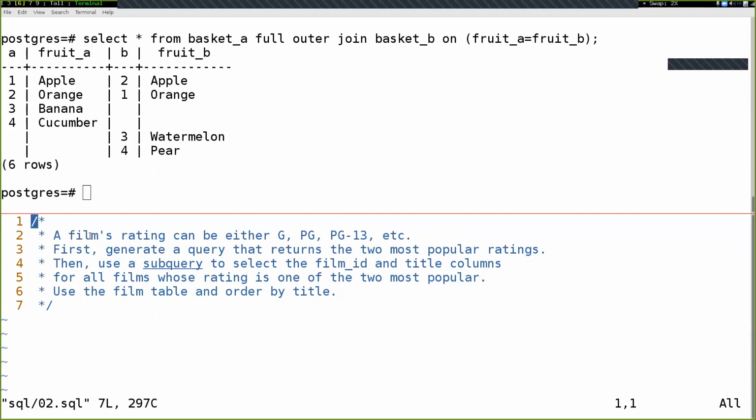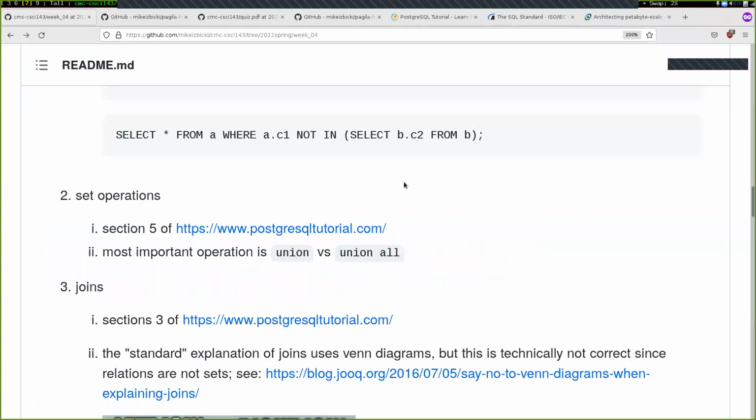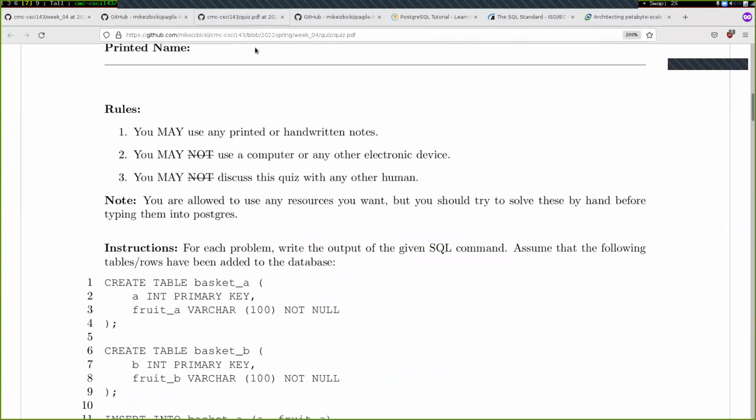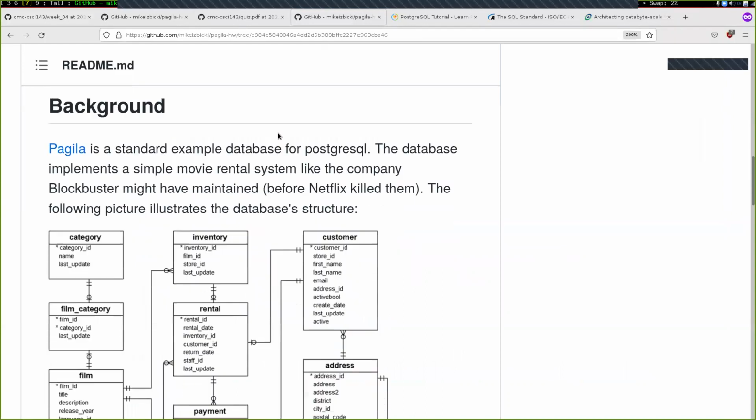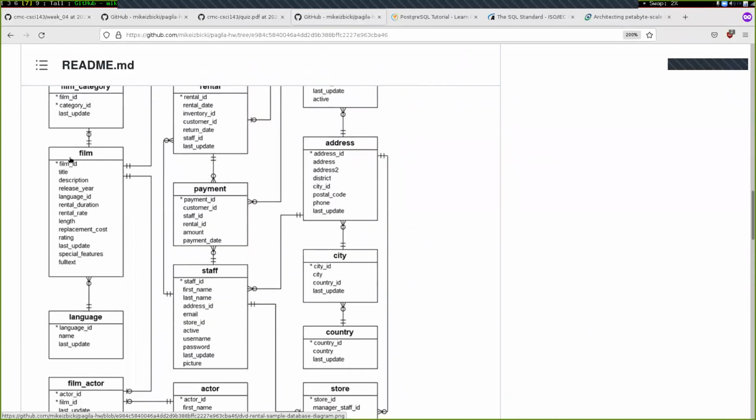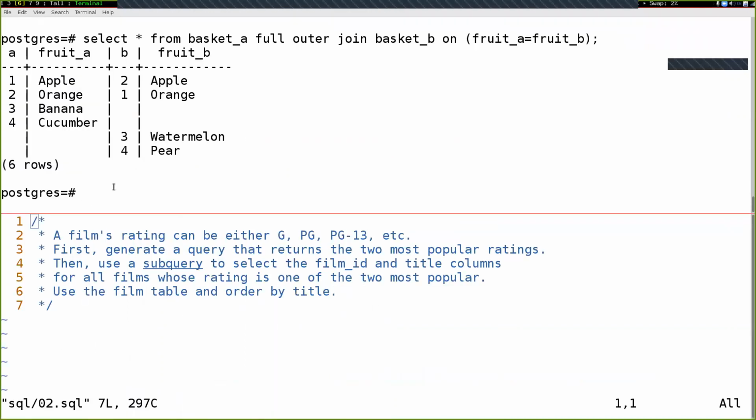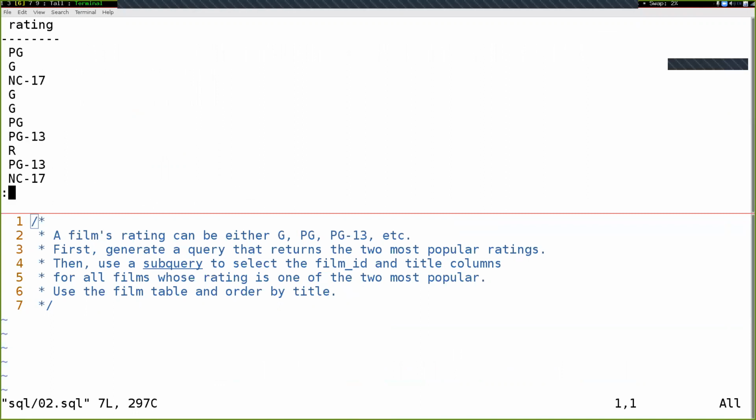So I've broken this up step by step here: generate a query that returns the 2 most popular ratings. Let's first figure out how we get the ratings. Let's come back over to our ER diagram. Under the film table, there is a rating column. So let's do select rating from film just to get a sense of what's